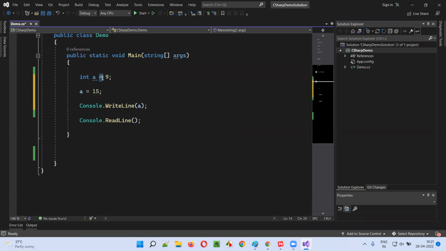Whatever the operator you are using for assigning the value on the right side to the left side variable is called the assignment operator. Here we are using the assignment operator for what? Assignment operator is used for